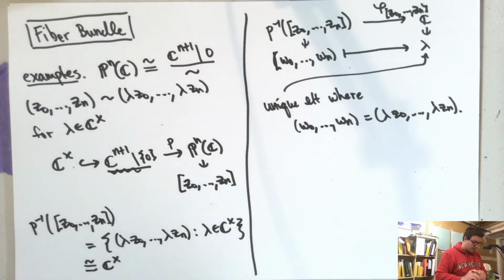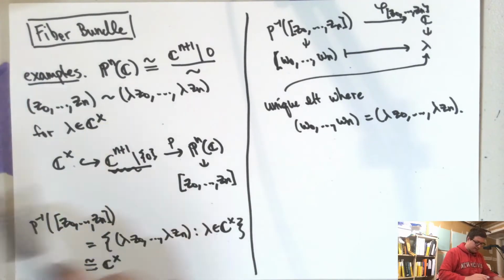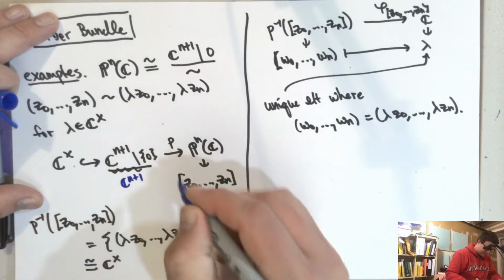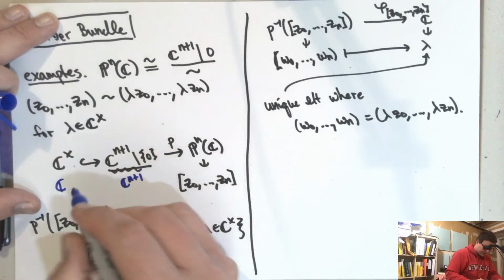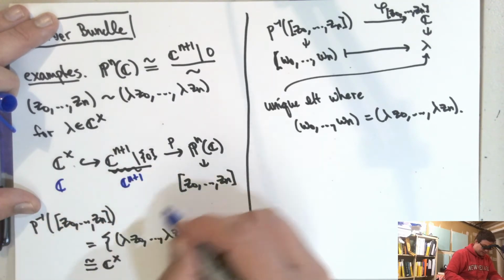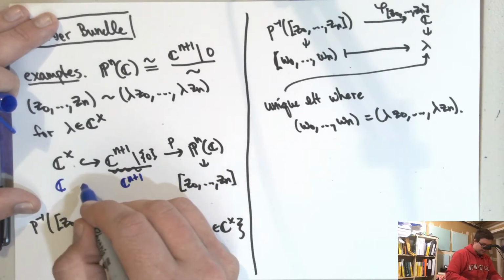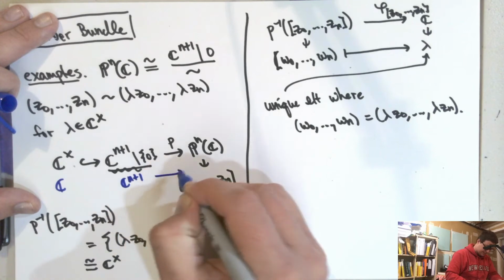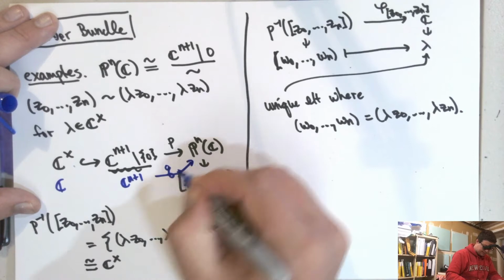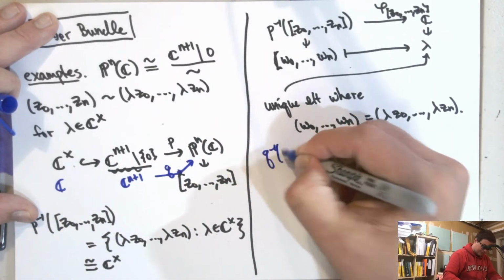There's another bundle that you could do. You could kind of fill this in, and you could get another bundle where you do C^(n+1) times C. And the fibers here would be the vector space spanned by one of these guys. If we did this, we call this Q or something. This goes into this space as well. So in this case, Q inverse of a point,